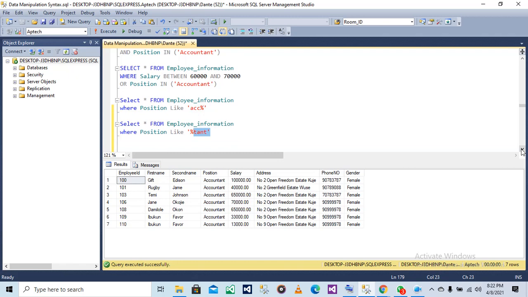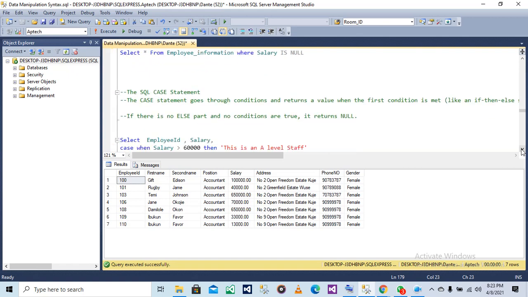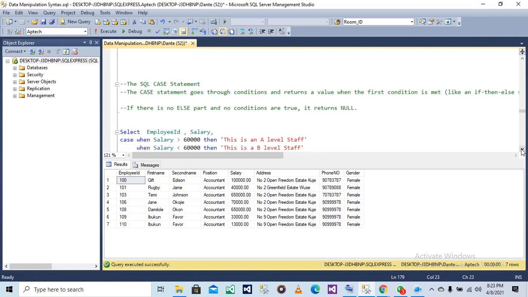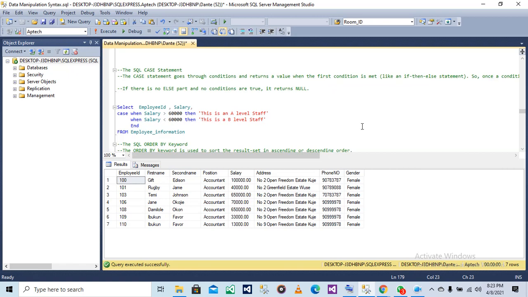So let's move forward. Now we have the SQL case statement. I think this is another level, so let's brace ourselves. The SQL case statement goes through conditions and works like an if-else statement.